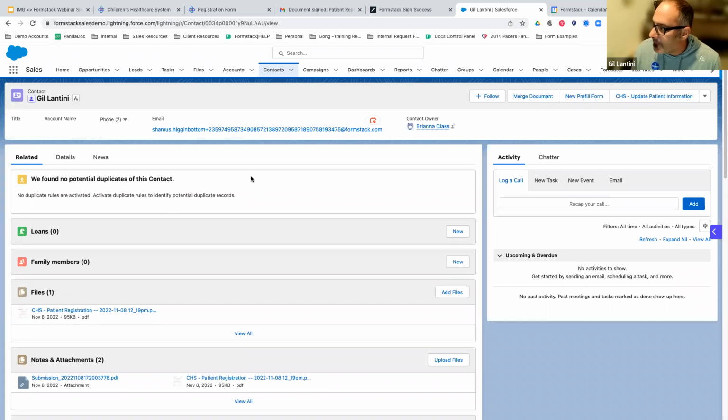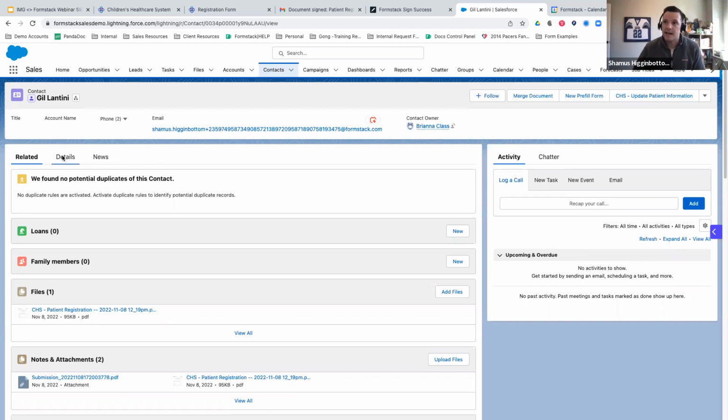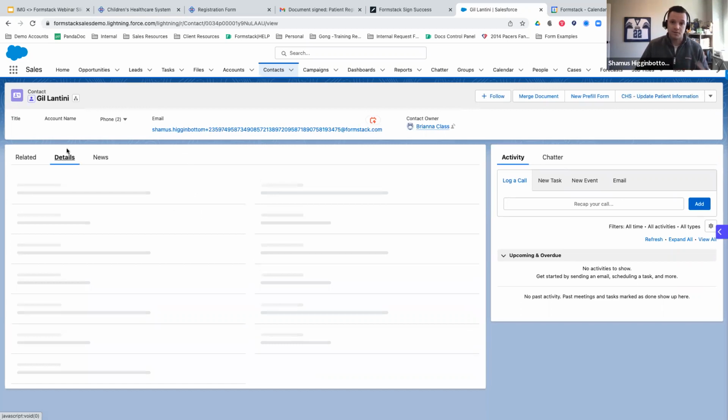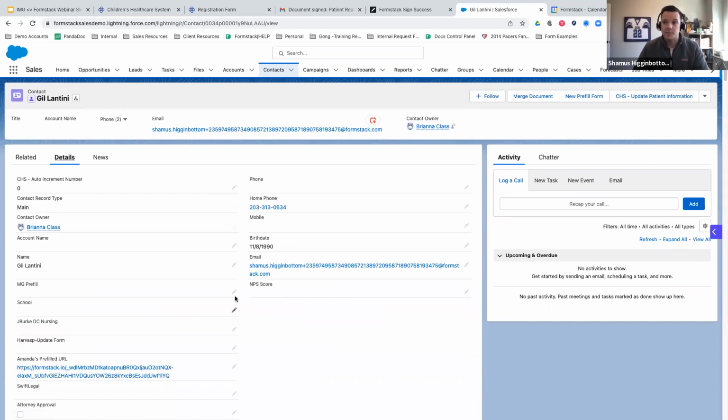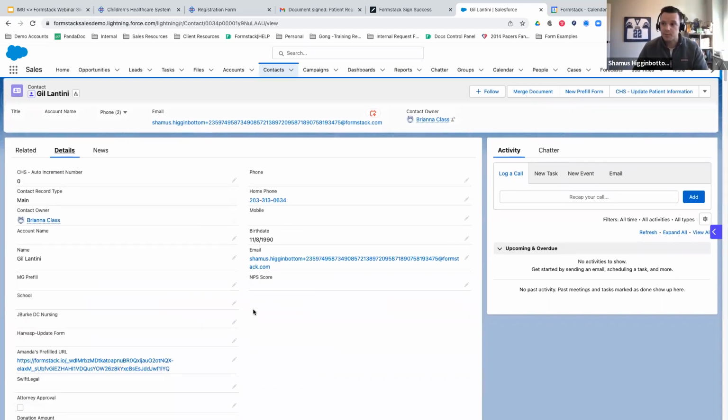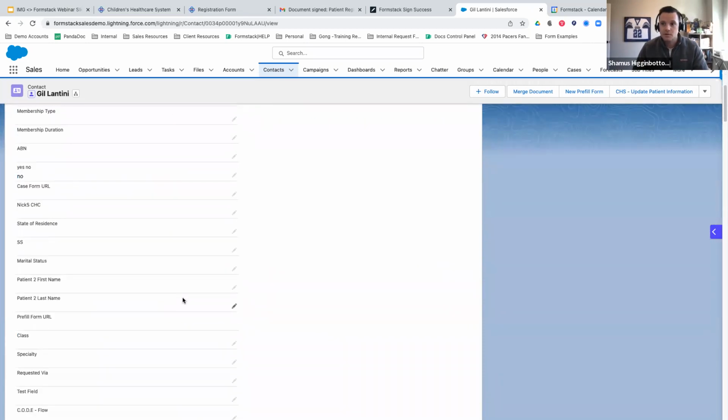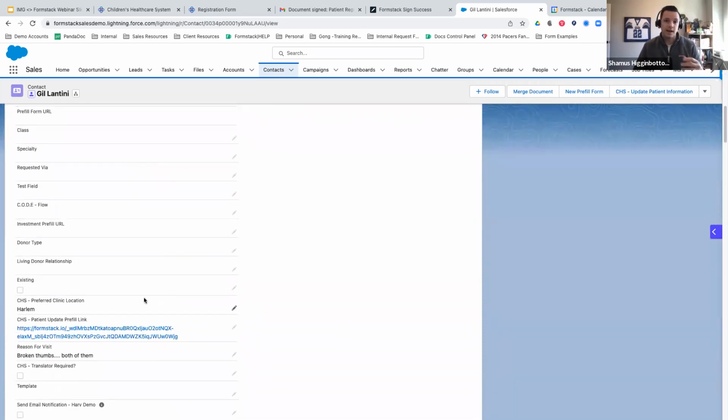Yeah. Perfect. Now, before we get into the builder, the one last piece I did want to show the team around here today is around pre-populating forms. So there's a number of ways we can go about that. I'm going to show you one of those ways today, and it's based on what we refer to as dynamic prefill. So what we can do with dynamic prefill is generate an